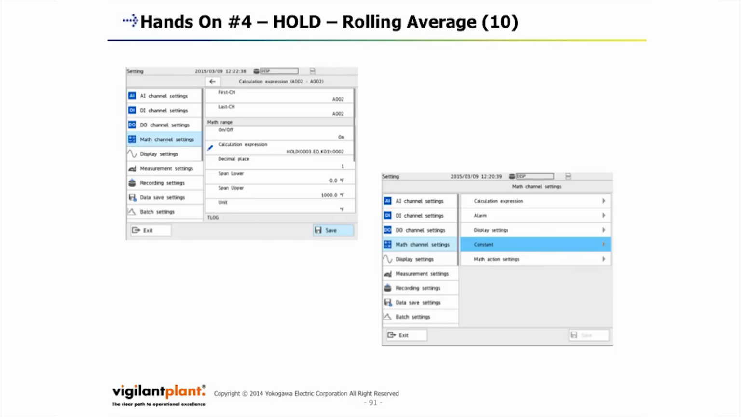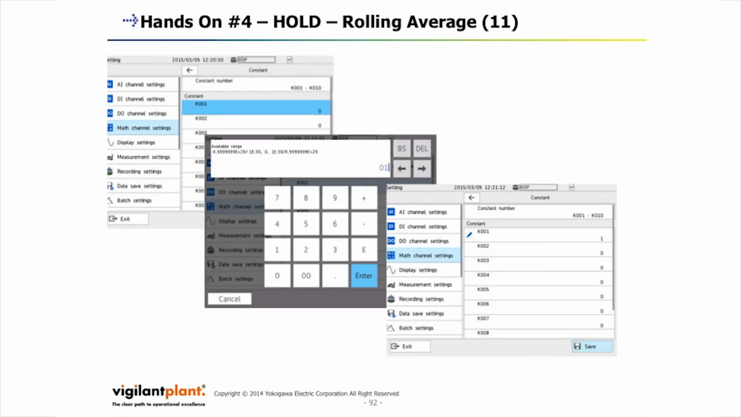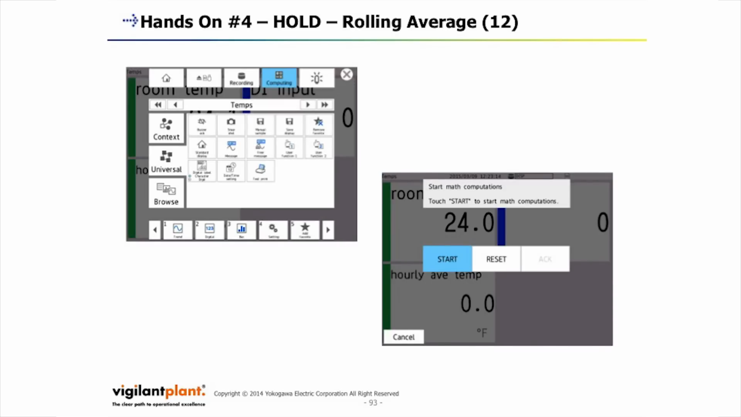So now we're going to select our constant under math, and we're going to bring that up, and our constant, we're going to select K01, and by default all the constants have a 0 in there. We're going to change that to 1 and then select enter, and then you're going to see on the page bottom right hand corner K01 equals 1. So we're going to select the save there to save the changes. Now we're going to go out and start our computation